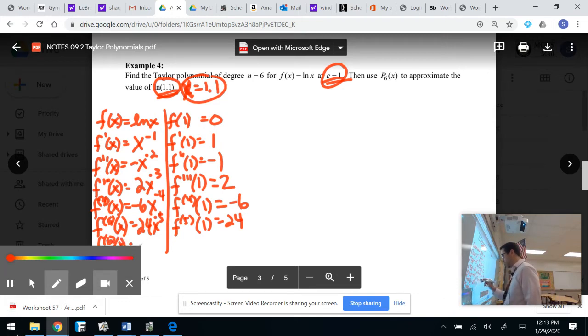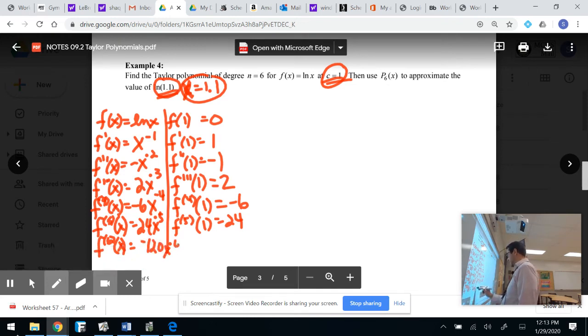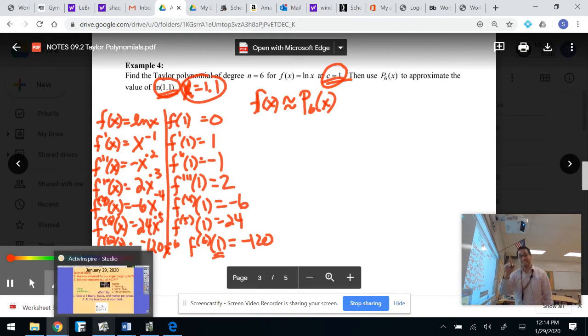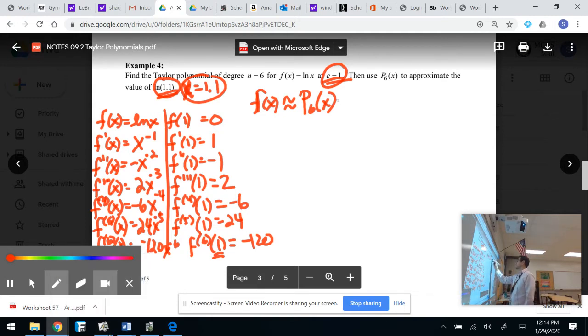Okay. What would that be equal to? That's negative 120x to the negative 6. That means the sixth derivative evaluated, because it's centered at 1, would be equal to negative 120. All right, let's go ahead and create this. Let's write f of x is approximately equal to the sixth degree Taylor polynomial, because it's centered at 1. The Taylor polynomial is equal to